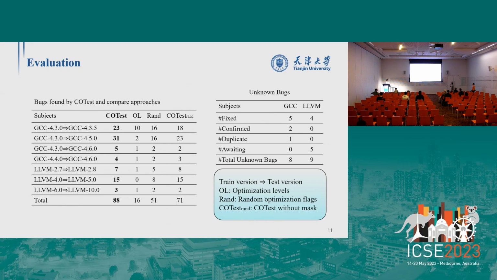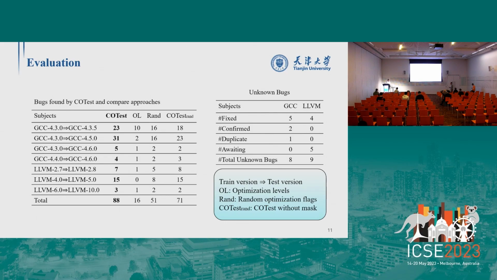You have a follow-up on this learning idea. So when you train the model on past bugs, then it's going to be really good at telling you which optimization flags will trigger the past bugs, but the model is maybe not good at predicting what helps you to find new bugs. So how do you make sure that the model actually also helps you to find new bugs? Did you mean whether we filtered out the bugs that have not been fixed? No, I mean, if you train the model to predict how to find the old bugs, the known bugs, why is this model actually good at helping you to find new bugs?